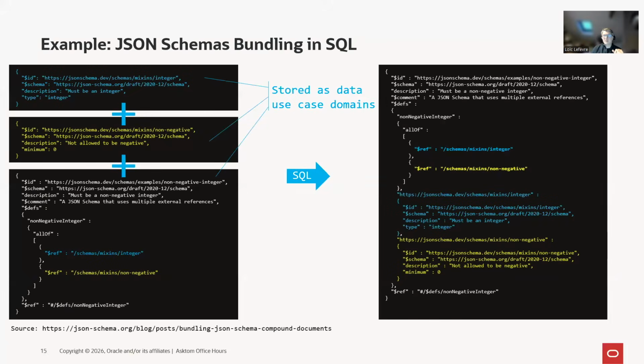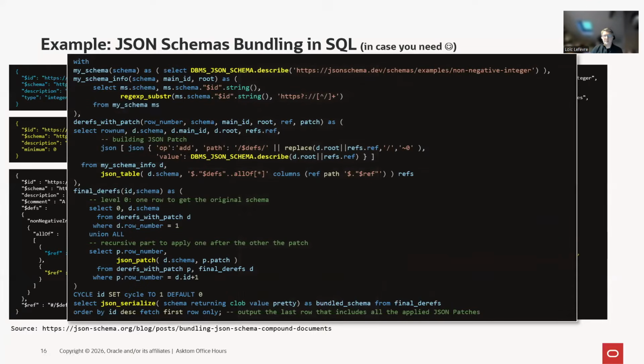This can be done in less than 30 lines of SQL, right? The example will be available in the slides as well, so I will not explain it, but you can definitely do it with a recursive clause, with all of the features basically that we provide, even the one that actually applies JSON patch or generated.